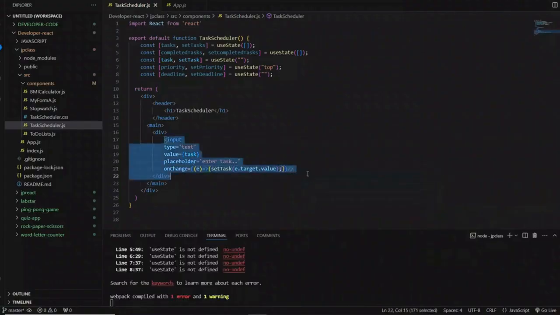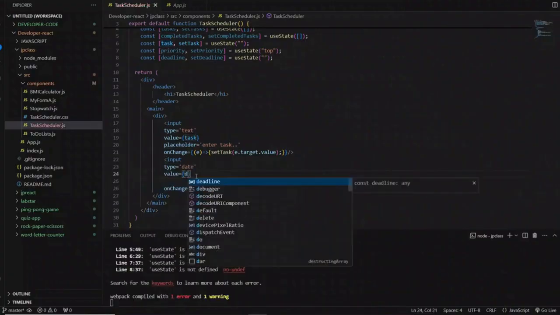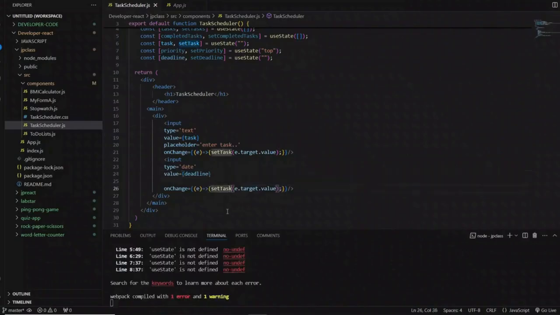Okay, one more thing. Inside this we change into date. We don't need this thing here. Deadline, in this here deadline set. Okay,